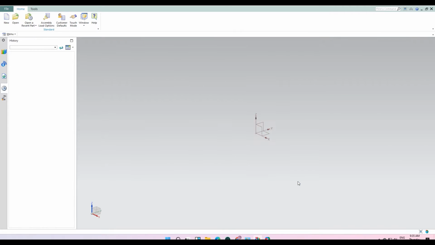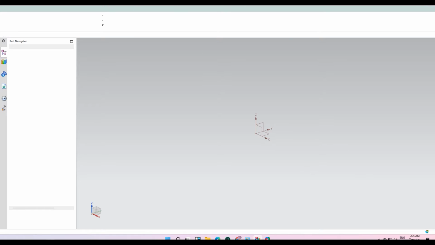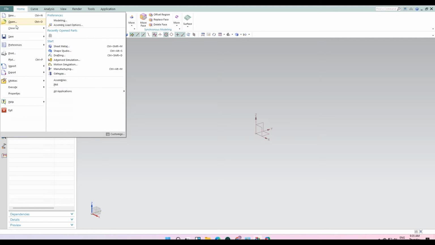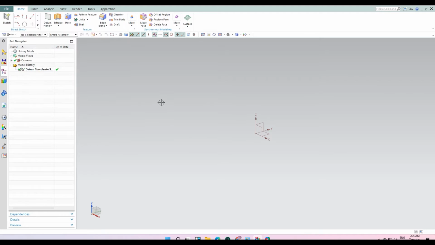Guys, this is the basic user interface of NX CAD 2D drawing and 3D drawing. This is known as the sketch part. Let's talk about the top of the panel. This is file. You need to click and you'll get these options to save, open, import, export, etc. Then this is home. In the home column you will get different options of drawing. In curve options you'll get some basic curves like helix.